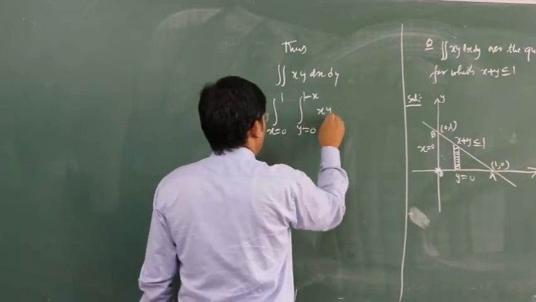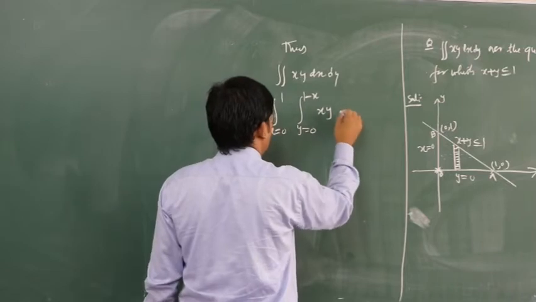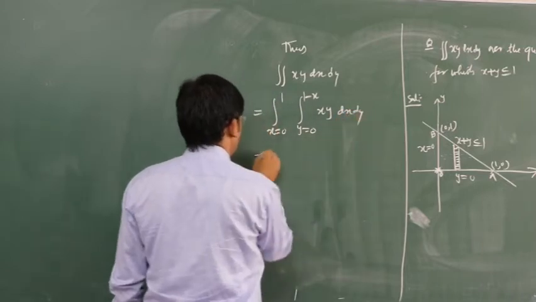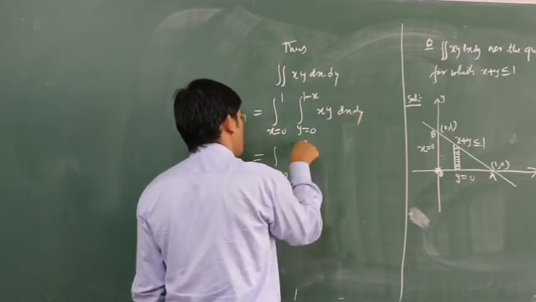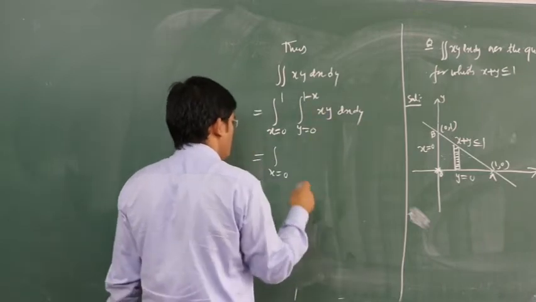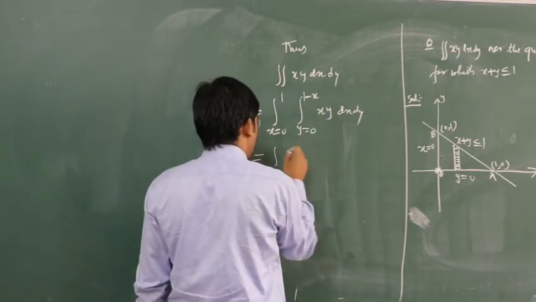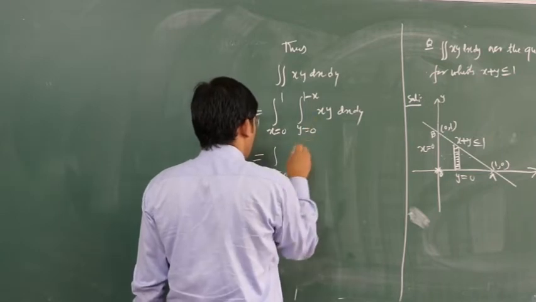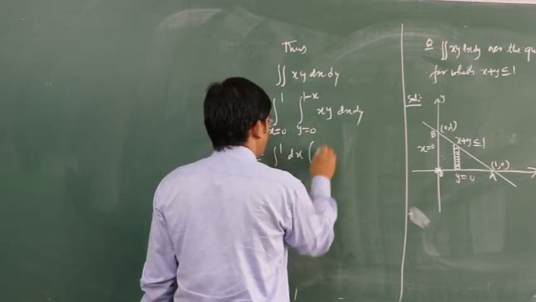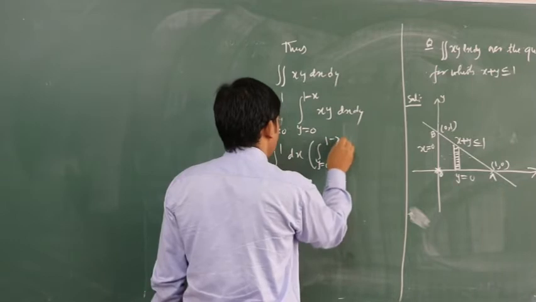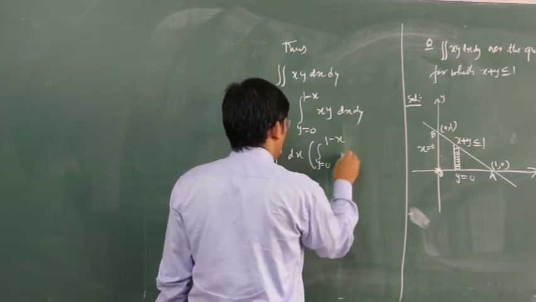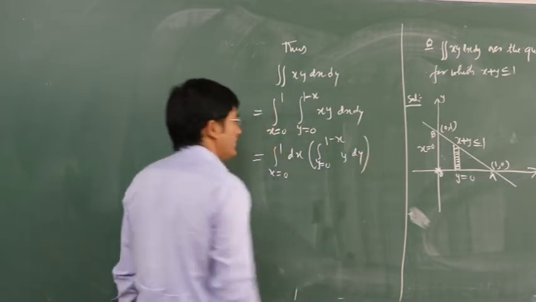Then we have xy dx dy. So first we will integrate, because our limits of y are in terms of x. So first we will integrate with respect to y. So here we will write this as y equal to 0 to 1 minus x, then we will have y into dy, and the integration of y will be